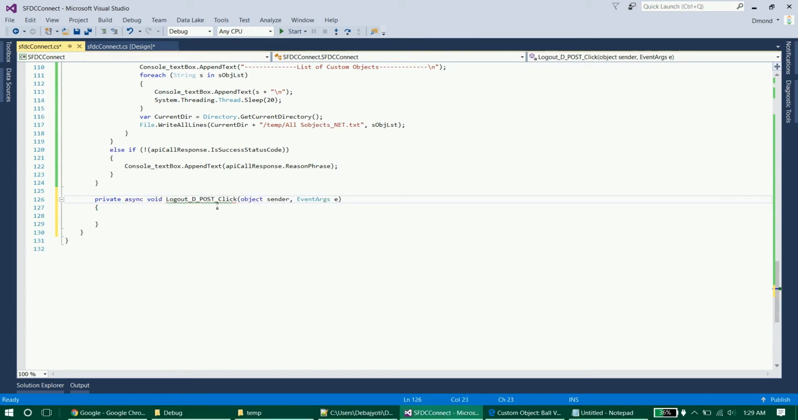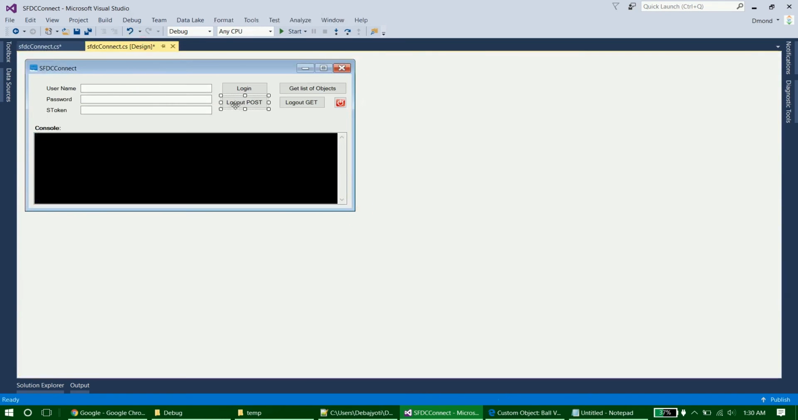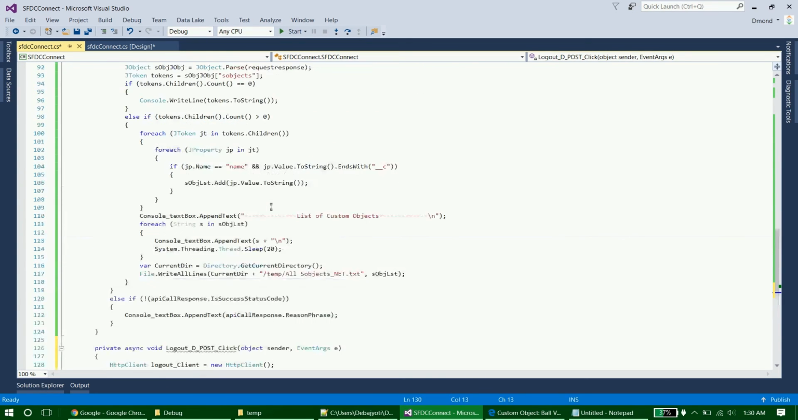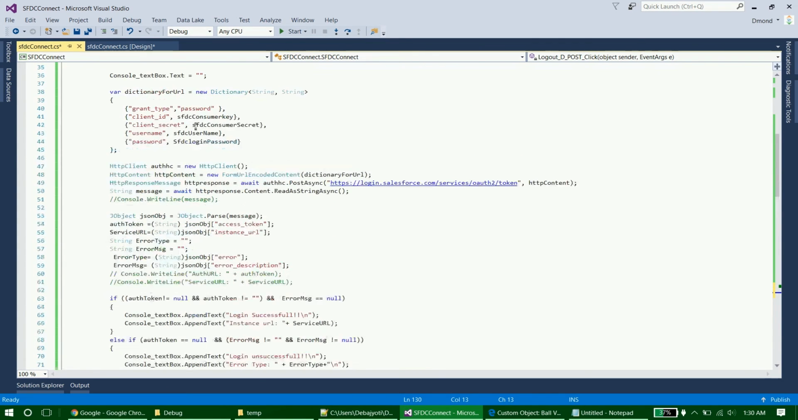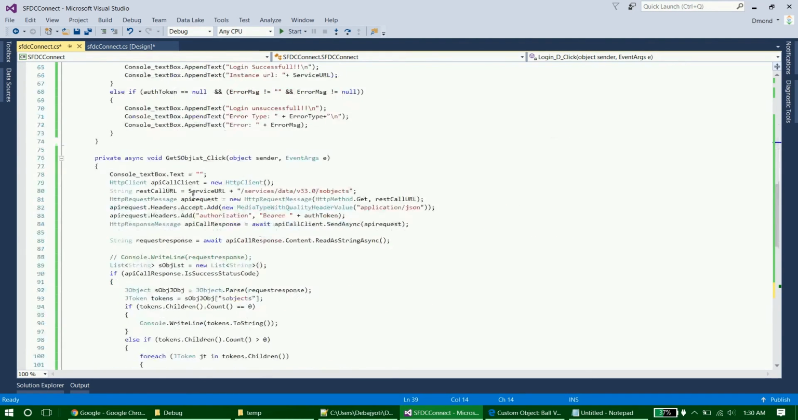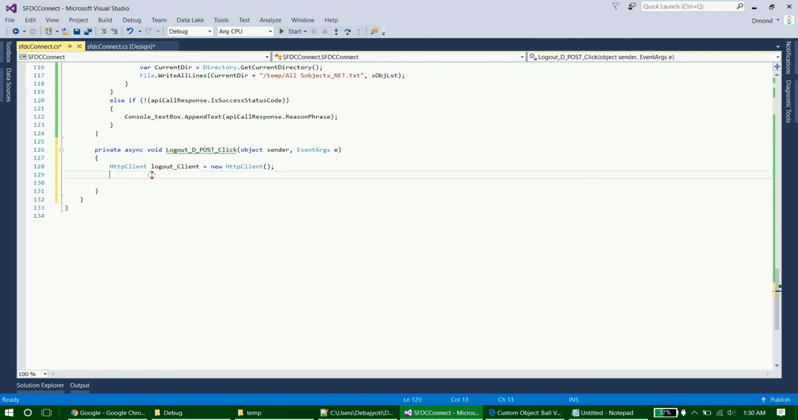So for the logout using post method, it's very simple, and it would be asynchronous again, as we are sending the request to Salesforce. Now we are creating one HTTP client, as we did the same for login. Here we have defined one dictionary, so we have to do the same for logout again, but for logout the token should be different. So the dictionary token and its corresponding value should be the